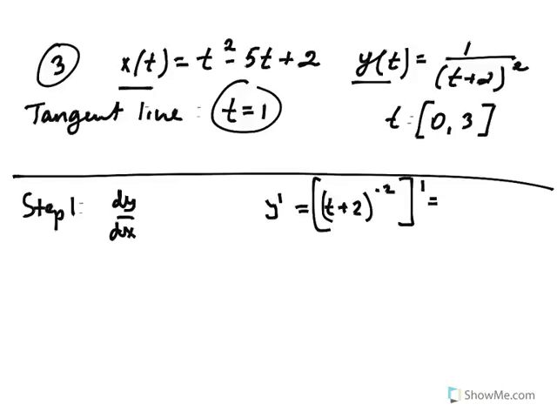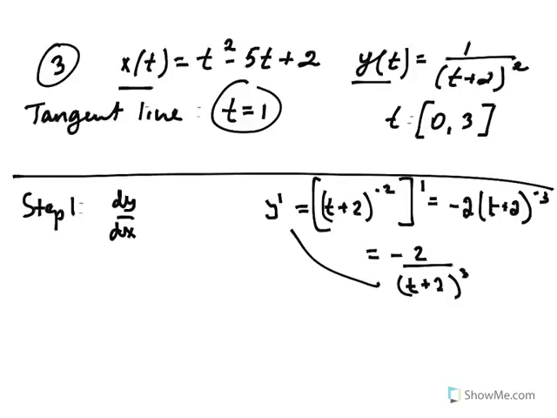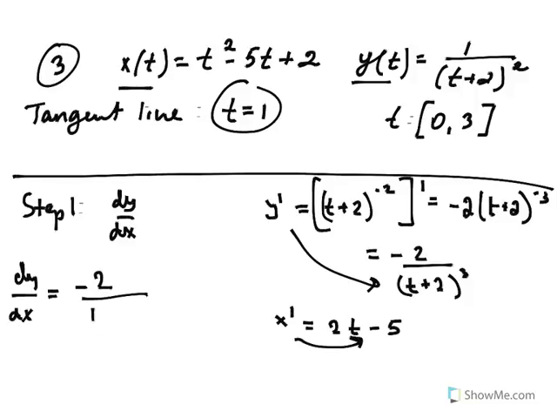So that would be bring down the negative 2, t plus 2, negative 2 minus 1 is negative 3. I can rewrite it as negative 2 over t plus 2 cubed. That's y prime. Now x prime is easy to find. It's just 2t minus 5. Okay, therefore dy dx equals negative 2